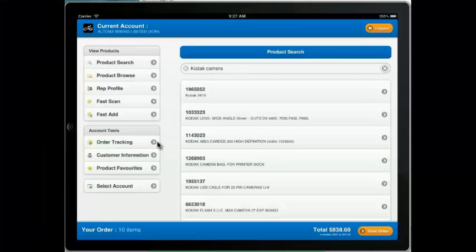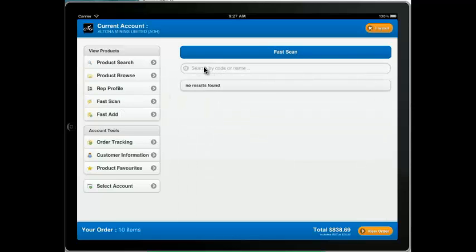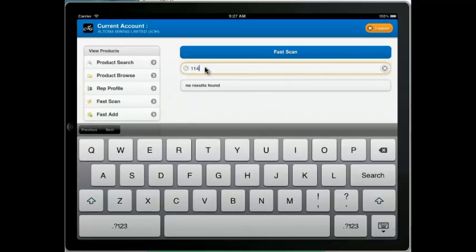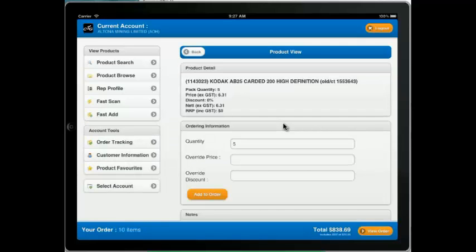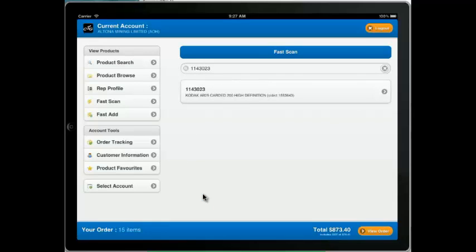So we have two other really handy features that come into play when you're using a scanner device. There's many Bluetooth scanner devices that work well with iPhones and iPads out there. So we'll go into fast scan, and all I have to do is key either the stock code or the barcode number of the product using the scanner, and what it does is automatically finds that product because it will be a unique code if you're using a barcode, brings up the details, and I can quickly add that to the order. So it's a very quick way of adding the products to the order.